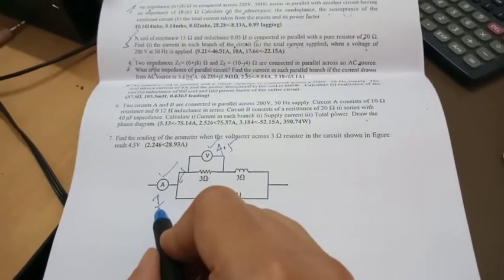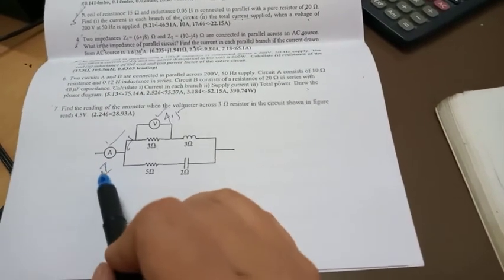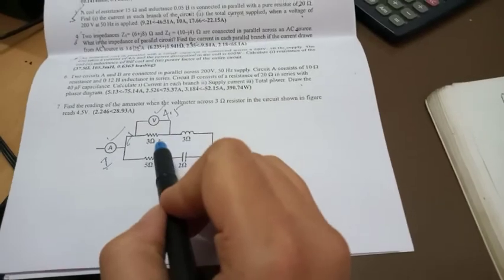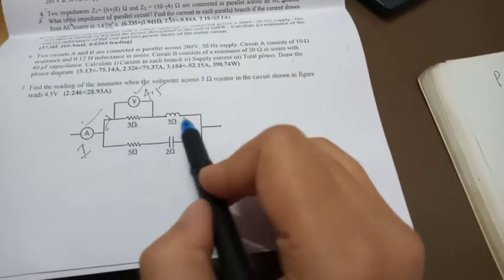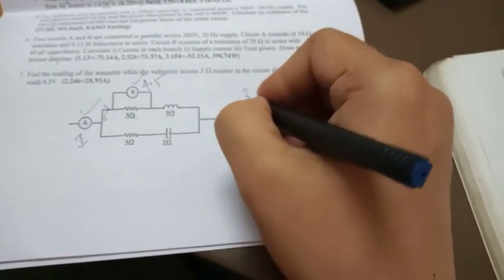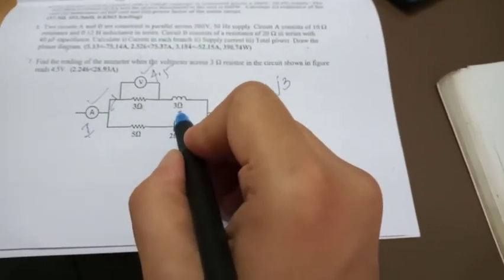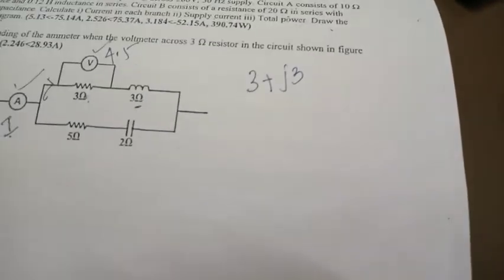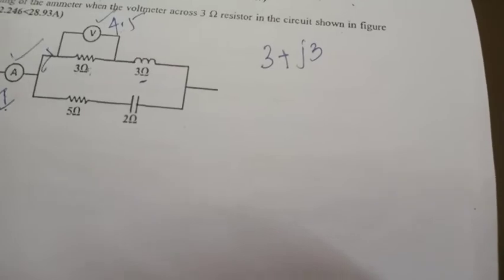So you have the main current and the branch current, and you have to calculate the reading of the ammeter. This data is not given, so you have to calculate I. One current is given here, and you have the impedance of this branch. What is the impedance of the upper circuit? 3 plus J3, because they have given 3 ohm, not in Henry. If they have given 3 ohm, it means it is reactance. There is no need to convert it using the formula omega L; that step is skipped. So 3 plus J3 is your impedance.